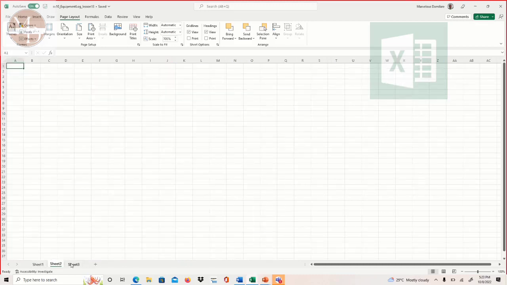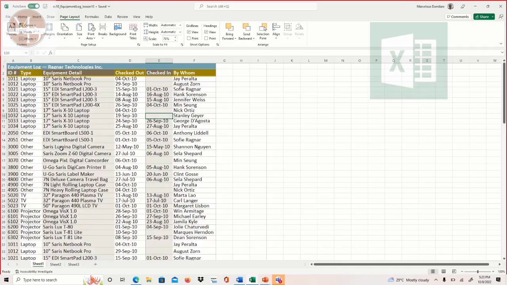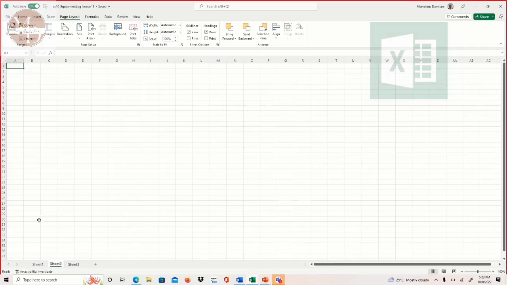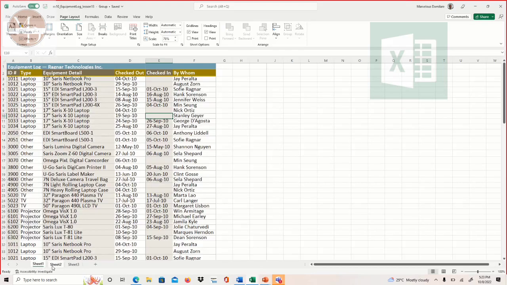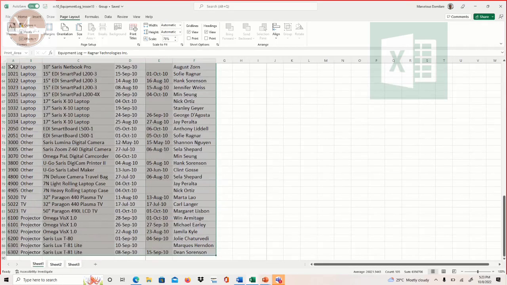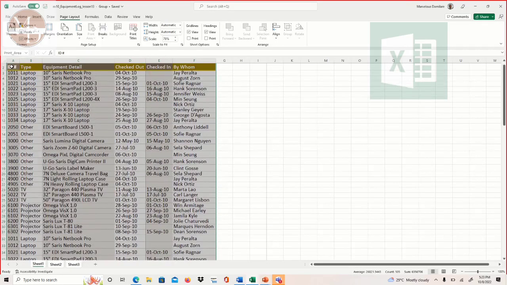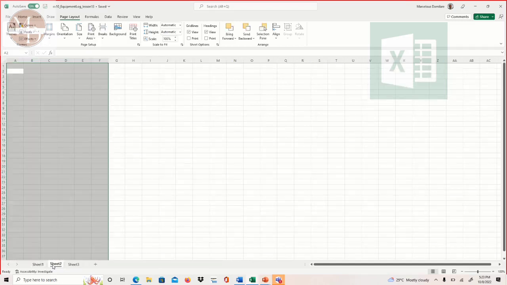Now, this is sheet 1. You can see that there's nothing in sheet 2. But I want what is here to appear in sheet 2. All I need to do is, this is sheet 1, I hold down my sheet 2, and I hold down my sheet 3. I automatically group them. All I need to do here is come here, highlight all the something and press my enter key. Once I press enter,